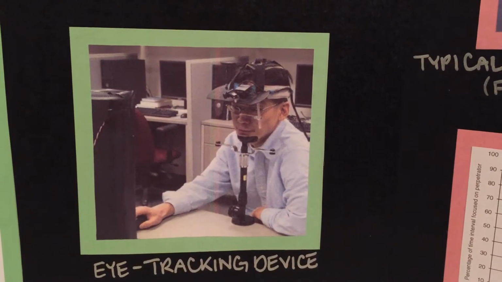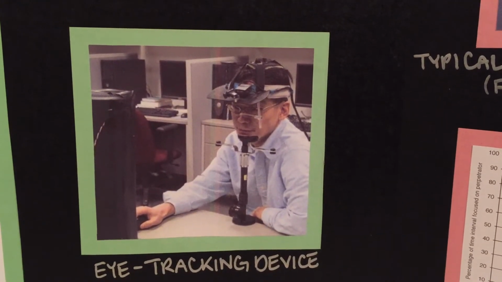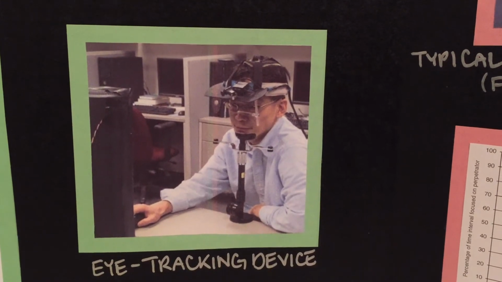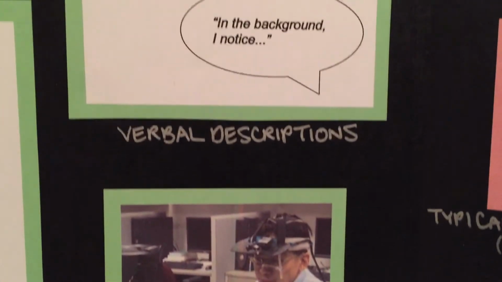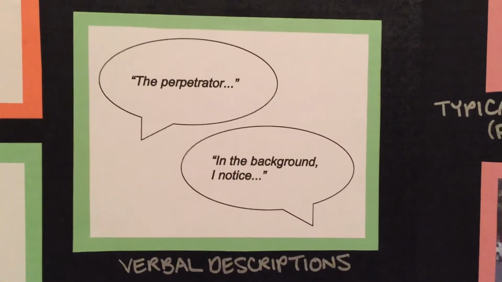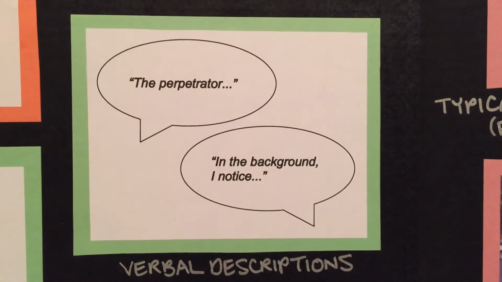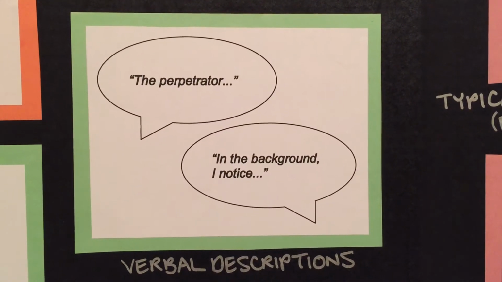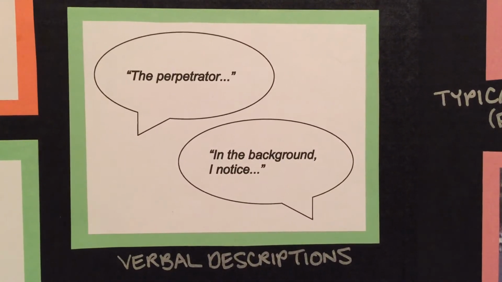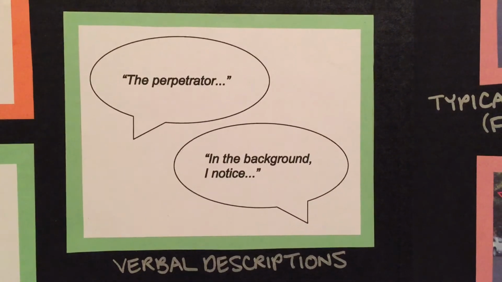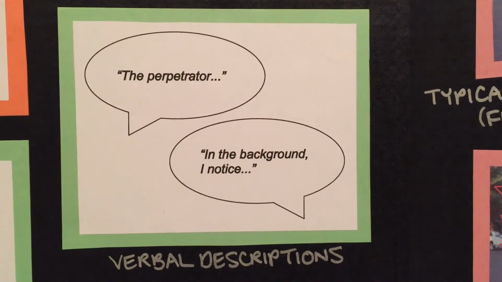Half of the participants will first view images while wearing an eye-tracking device, as shown in this picture, to record their eye movements and fixations. Then, these participants will describe what they see in other images. The other half of participants will complete these tasks in the reverse order, such that they describe some images and then view others. This is known as counterbalancing.